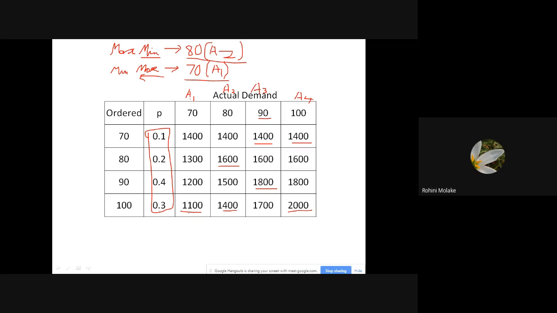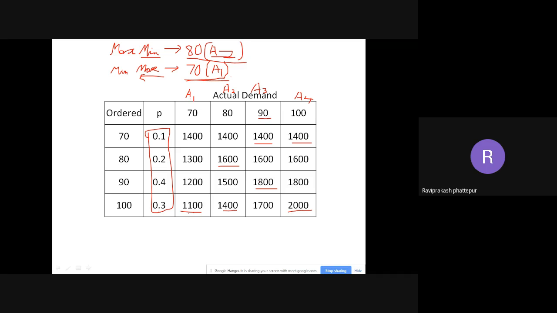Yes, sir. Okay, so now you are getting 80 and 70. Earlier one person asked me, okay sir, what to do about probability. This is how you will get the different answers. In the earlier problem all the probabilities were the same, so these values would remain the same even if reduced. In this case, see the alternatives, you are getting different answers now. Here we got alternative A2, and in this case we are getting alternative A1.